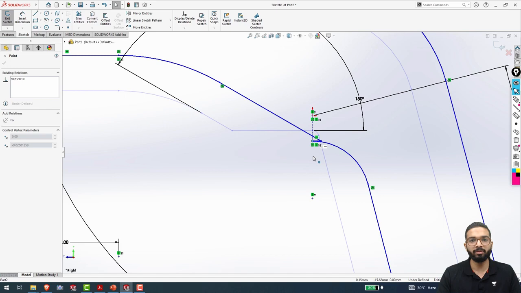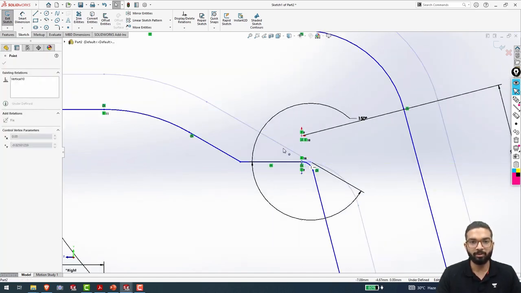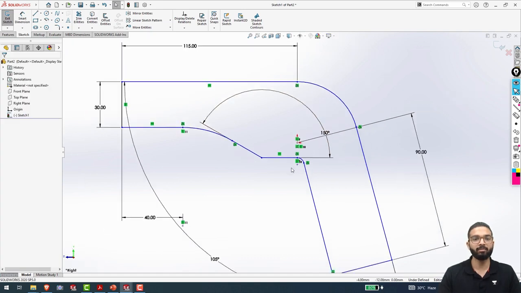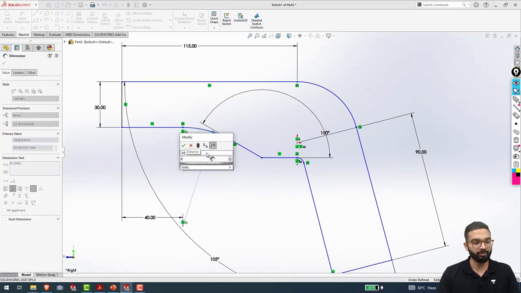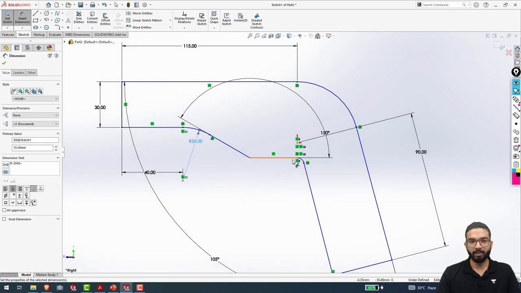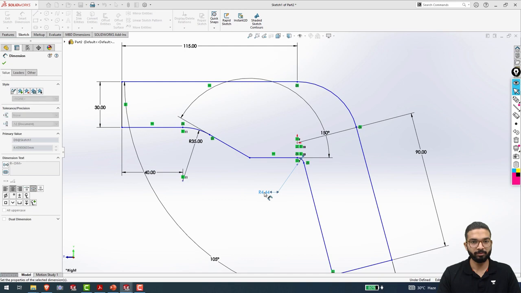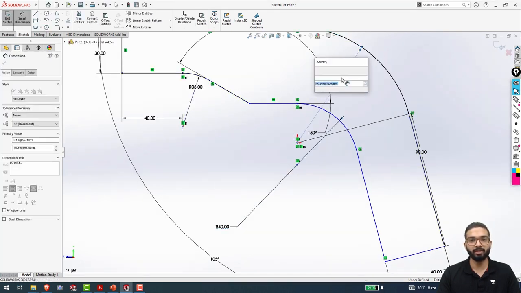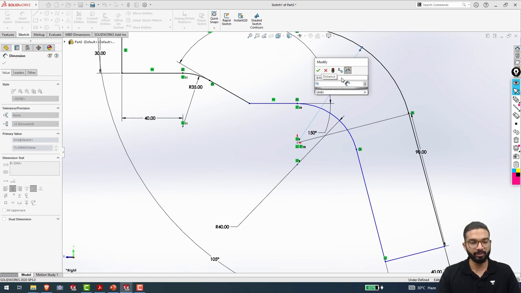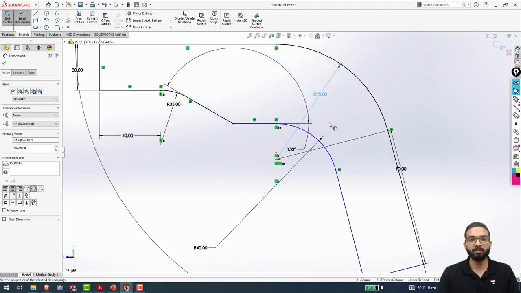Now here we will define our sketch more. I will first align it properly like this and then move forward. I will continue with giving dimensions to the arcs. This arc is of radius 35 millimeters. This arc over here is of radius 40 millimeters. And this arc over here, that is the biggest one, is at a radius of 75 millimeters. Once we've added radiuses to all our arcs, what we will do,